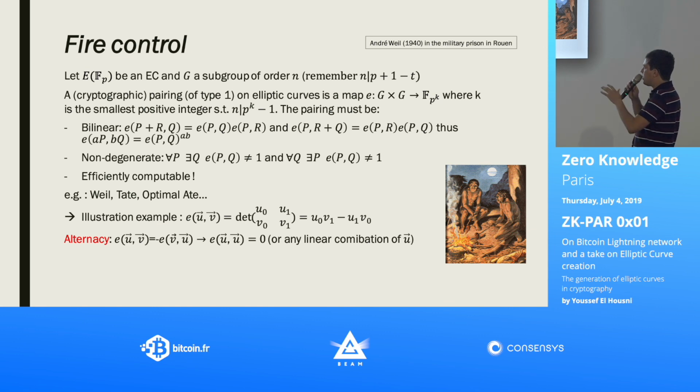They are non-degenerate, so this is like the big problem. This is all about controlling whether this is non-degenerate or strongly non-degenerate, and they have to be computable. I've done an illustration example with some pairings that has nothing to do with this: you just have two vectors U and V, and you compute the determinant of the matrix formed this way. The big point here in red is alternacy. So if you compute the pairing of an element with itself,